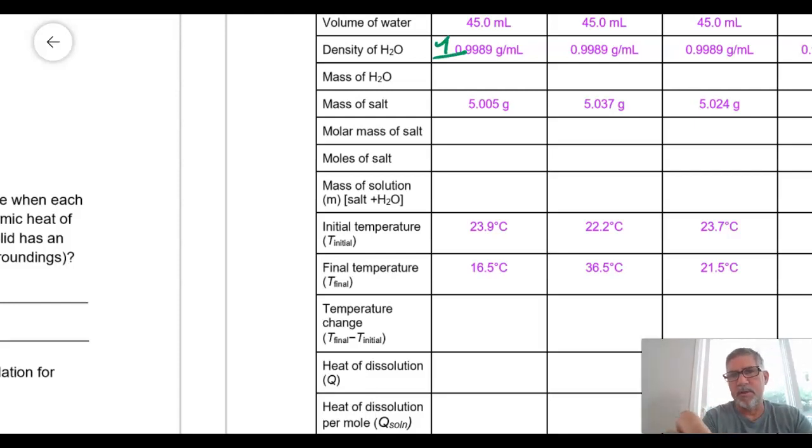So my mass of my water is 45.0 grams. My molar mass of my salt, when I calculated it out, was 53.50 grams. When I did my mass to mole, I simply divided these two,